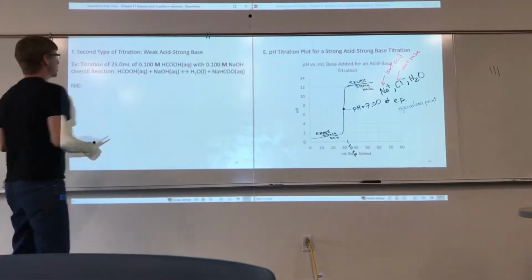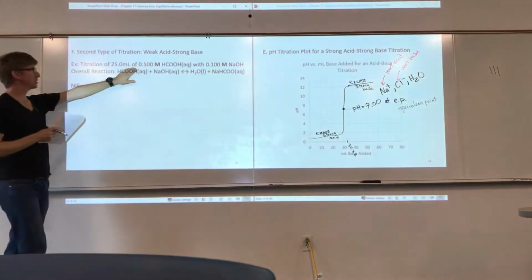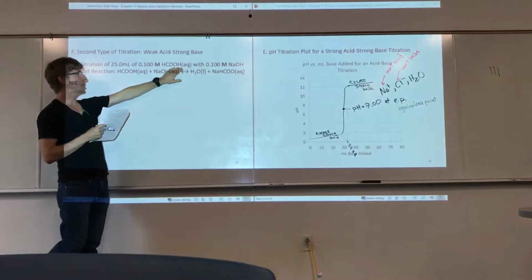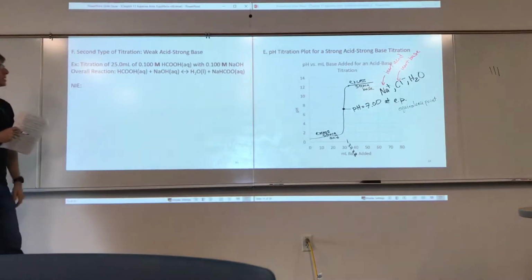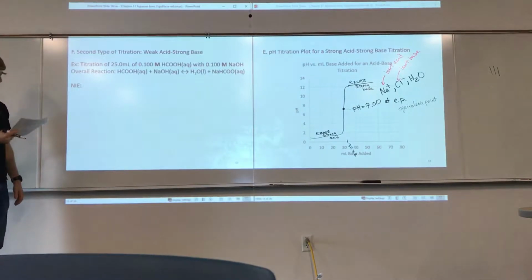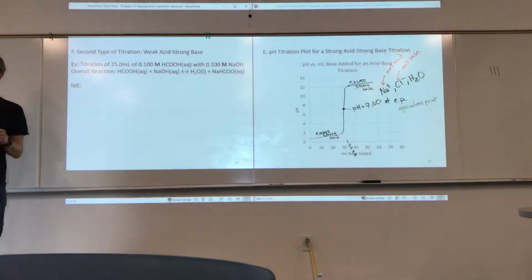Second type of titration, weak acid, strong base. Now we're going to titrate 25 milliliters of 0.1 molar formic acid, not that you have to know its name, there it is, with 0.100 molar sodium hydroxide. Overall reaction given there. Net ionic equation, well,